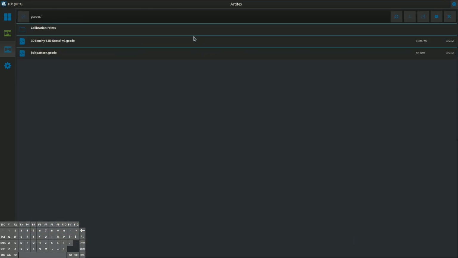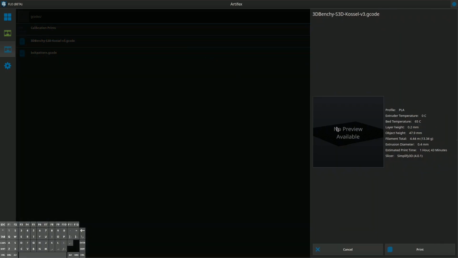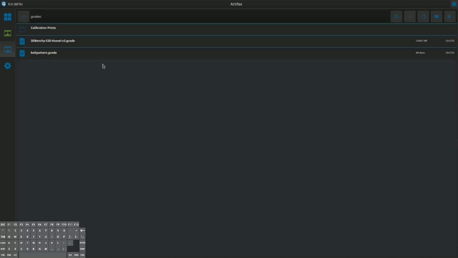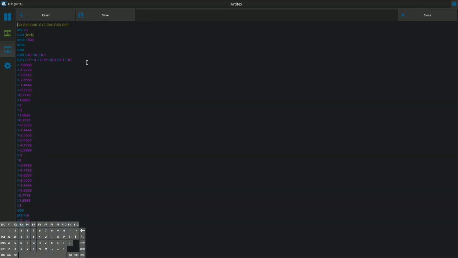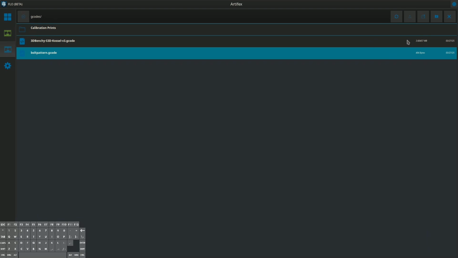Over here in the file browser, we have a way to preview the file if it comes with a thumbnail and start the print if we want to, or if we absolutely must, we can also edit individual G-codes. Larger files do take a little bit longer to load up, so